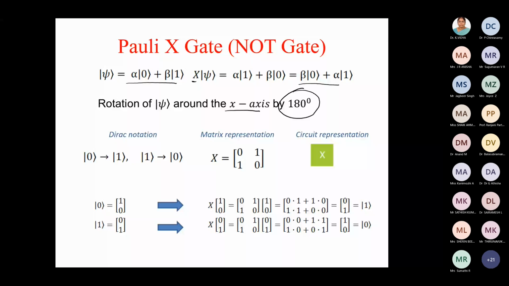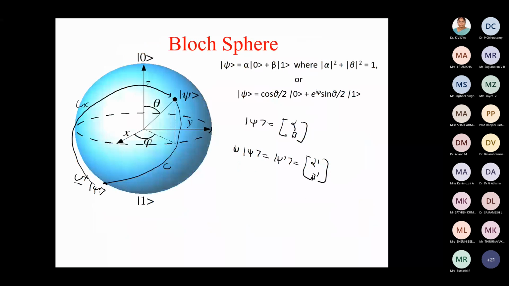Okay, so if you just go here and see, suppose my state is here. Okay, this is my state 0, and I want to apply X gate. So just now what I told you guys is that it is just a rotation around X axis by 180 degree. So this is my X axis, and I need to just rotate this around X axis. So okay, if I rotate this around X axis by 180 degree, then it will come here. Are you able to see this thing? Visualize this thing.